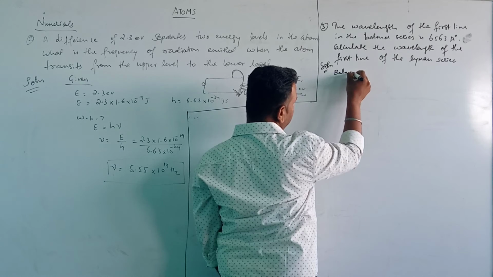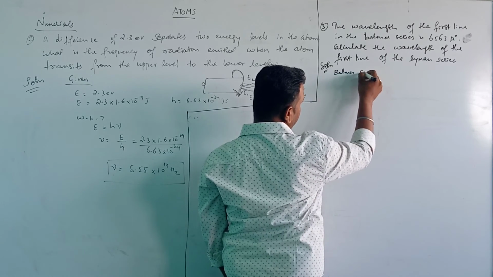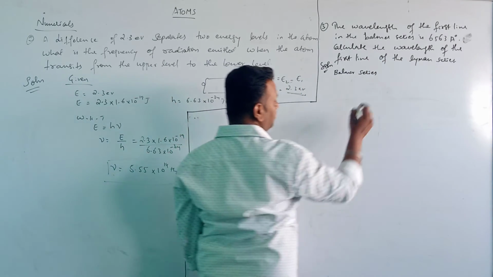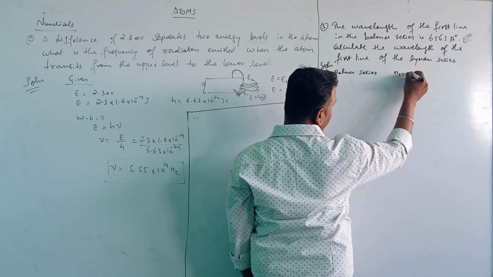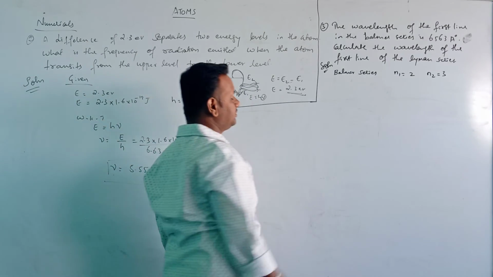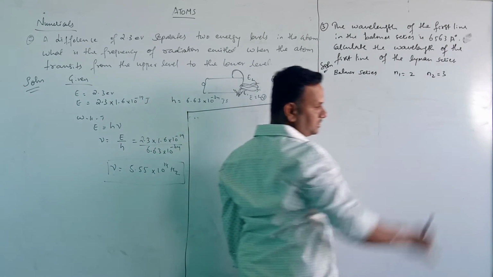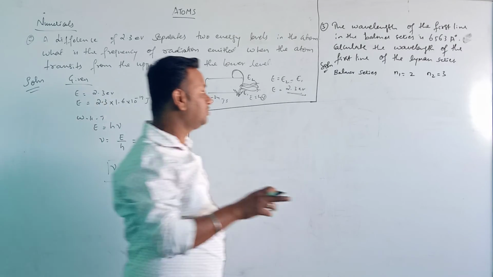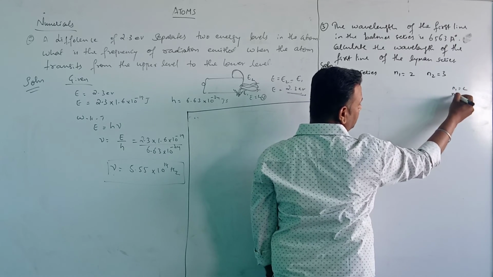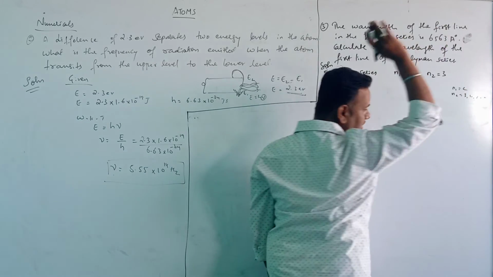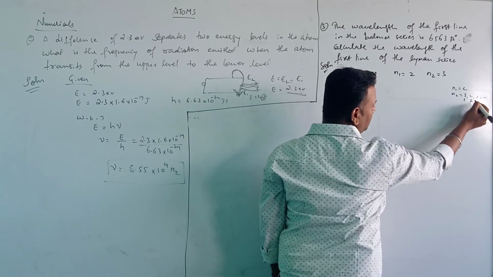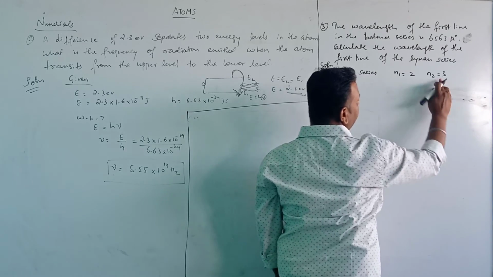Balmer series, for Balmer series, he is telling that first line. So therefore, n1 is 2, n2 is 3. Okay, जनरली हमारी वैल्यू 3, 4, 5, 6, 7 ऐसे है. अगर वो सेकंड लाइन बोलता तो यहाँ पे 4 रहता. ओके, n1 is equal to 2, n2 is equal to 3, 4, 5, 6 dash. Here 3 means first line, 4 means second line. तो यहाँ पे first line means 3.